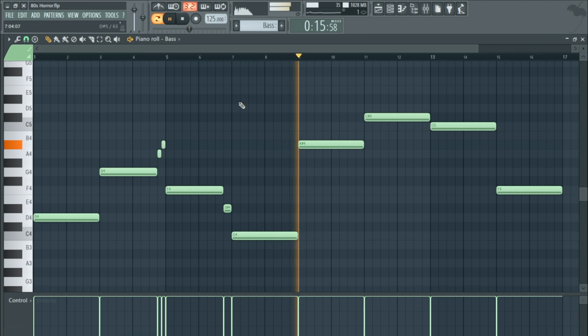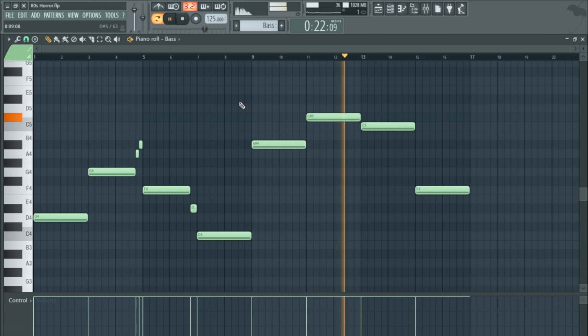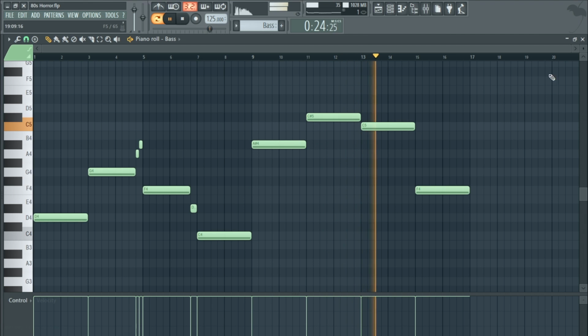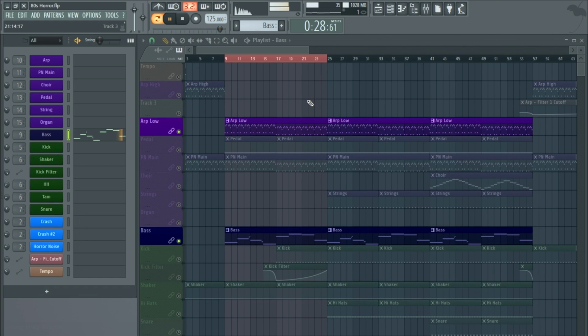Change. And then when you play that with the harp,